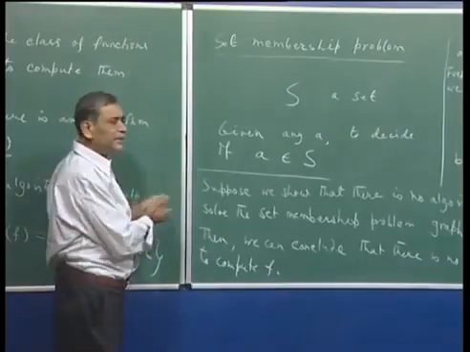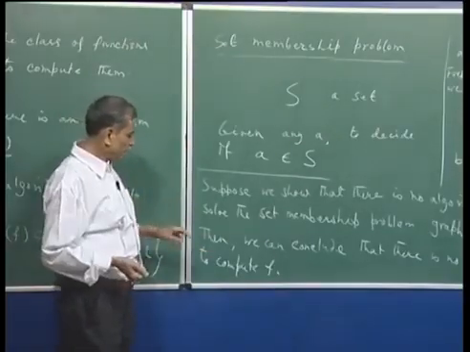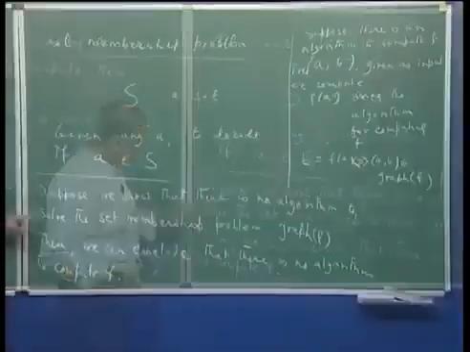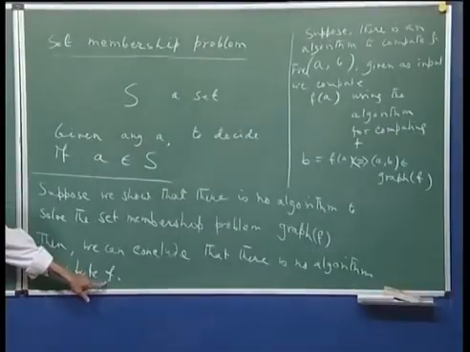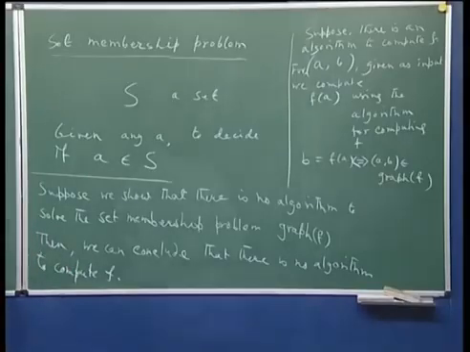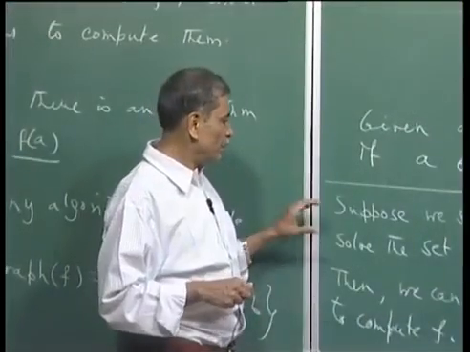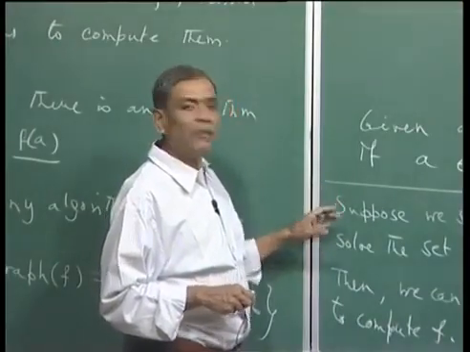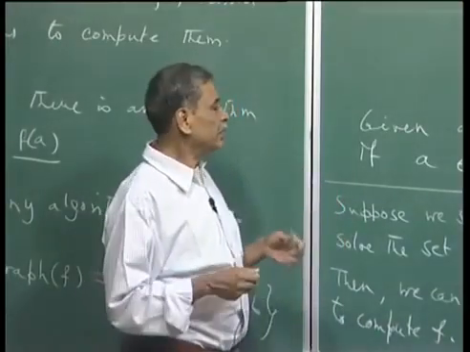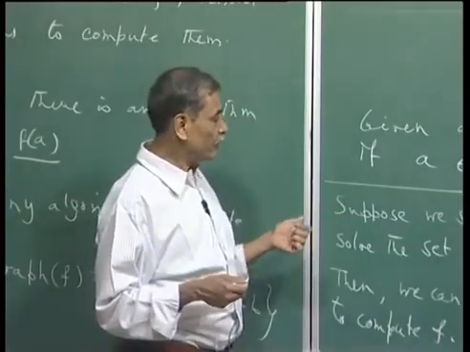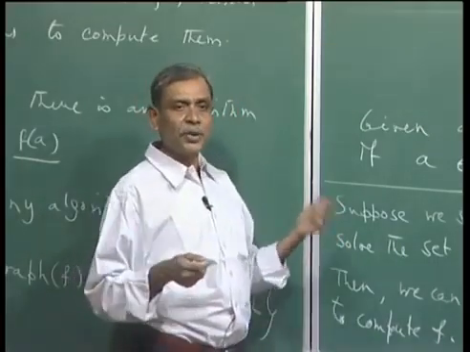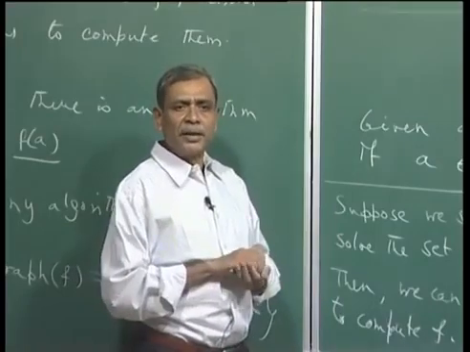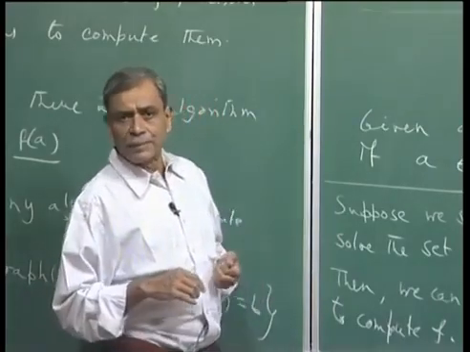And this is the reason you see that a function which is not computable, we will be able to get to that fact by looking at the graph of that function and proving that the graph of F is a kind of set for which I have no algorithm to solve the set membership problem. Now, what does it buy?